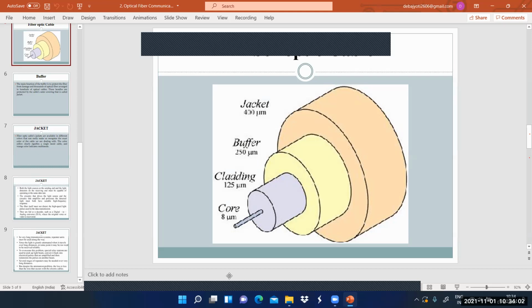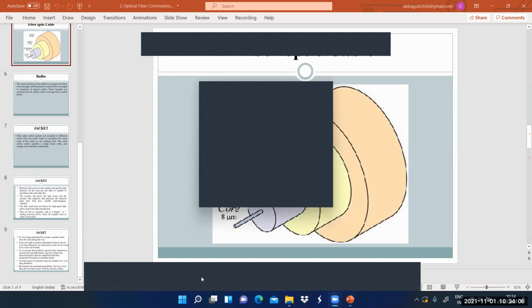You know what is single mode, what is multi-mode optical fiber? The single mode is smaller than multi-mode optical fiber. Okay, fine. But what for the case of single mode,